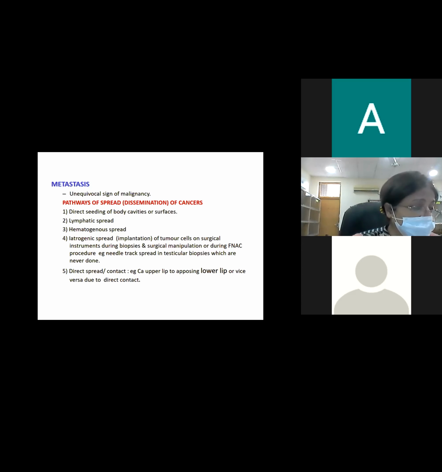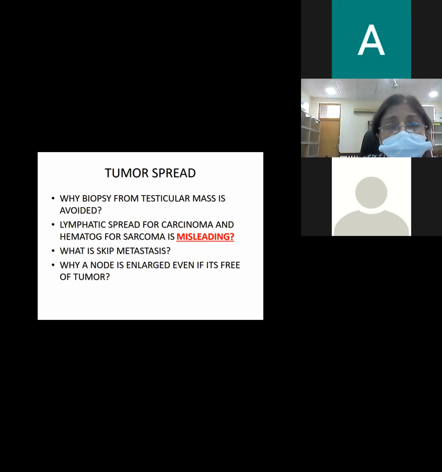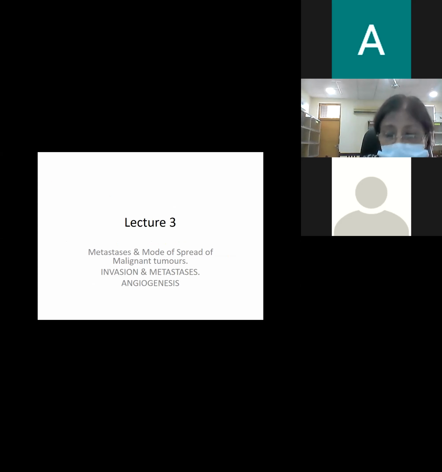इसी तरह another example is that of the glial tumors, that is the brain tumors. Brain tumors इर्द गिर्द as such नहीं जाते, metastasis नहीं produce करते, लेकिन उनका एक phenomena है जिसको हम कहते हैं skip metastasis, वो अभी हम आज करेंगे। So what are the pathways of spread of tumors, which is known as how do cancers spread?